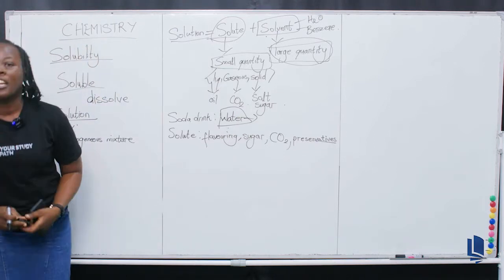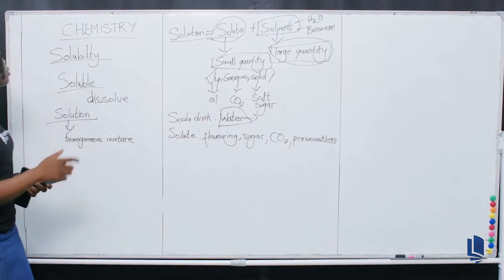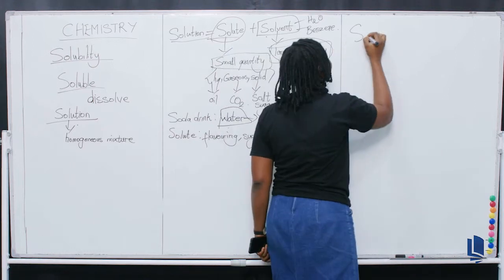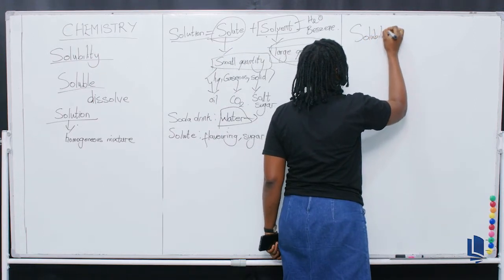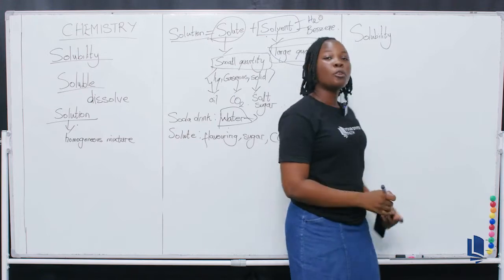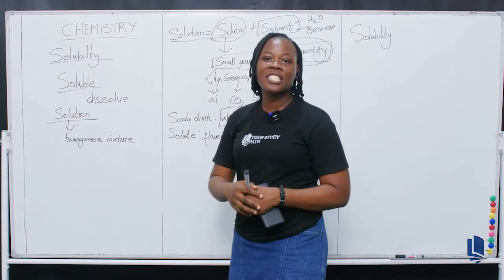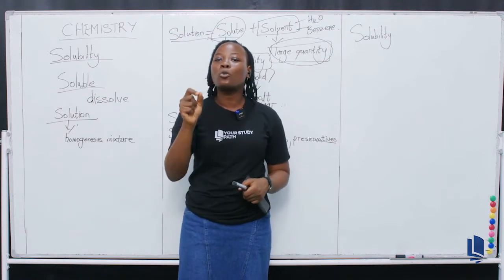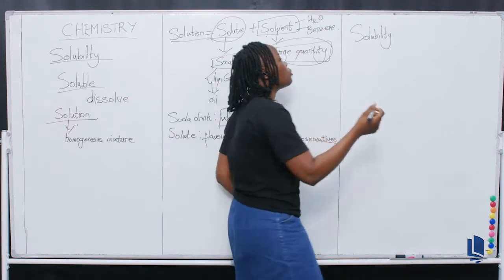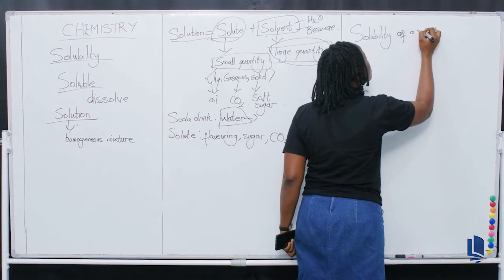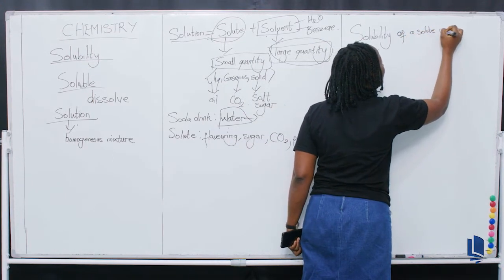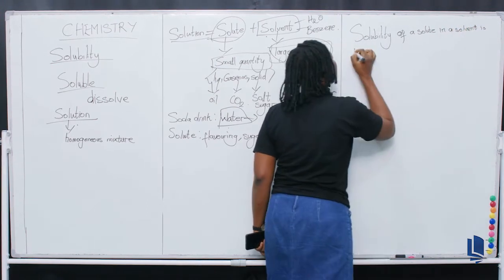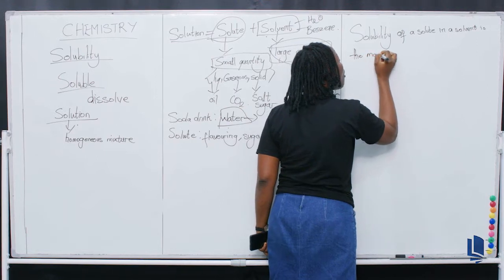Now, let's define the word solubility. What exactly is solubility? Solubility of a solute in a solvent is the maximum amount of solute that can be dissolved at a particular temperature. So the solubility of a solute in a solvent is the maximum